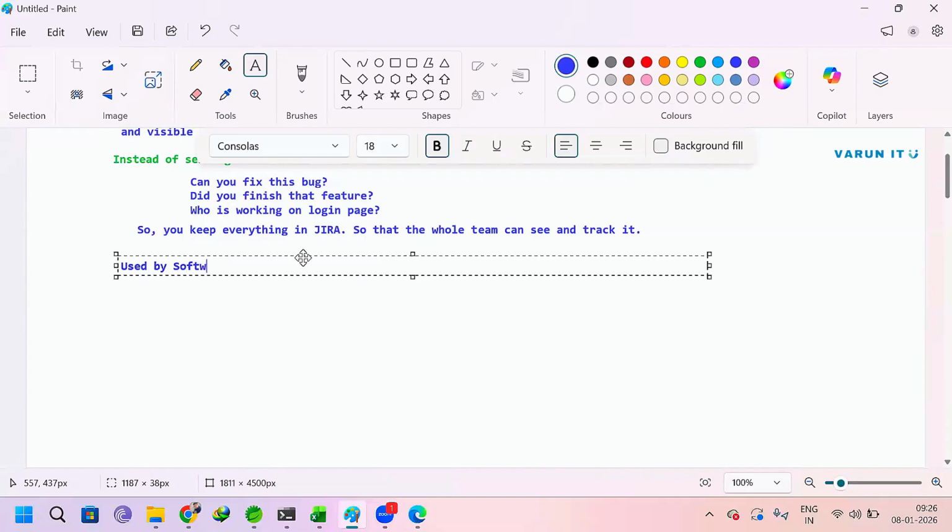Now, this Jira is used by software development teams, but don't think it is only used by the software development team. It is also used by business, marketing and operation teams. It is not like only software people are using this application, Jira. Why? They will use it